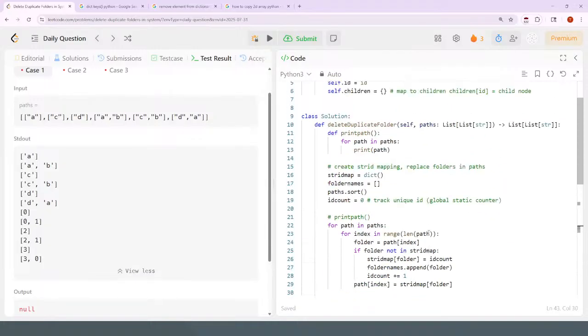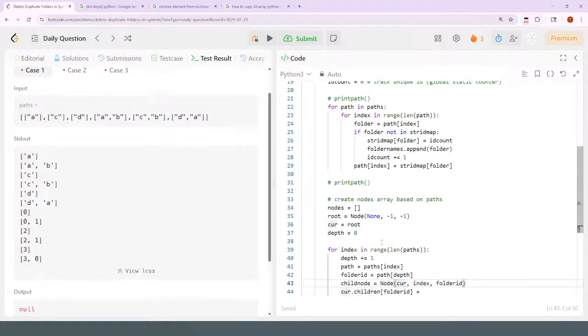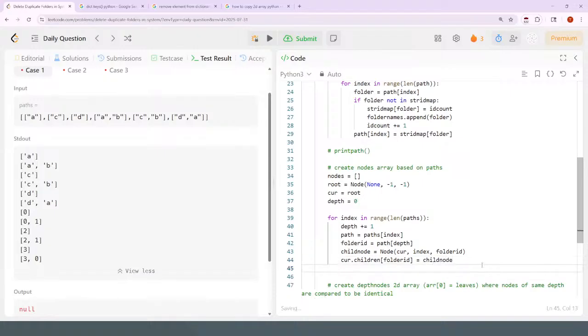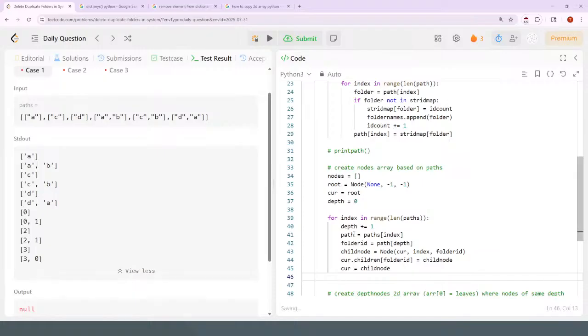So parent, index, ID, and for the current node, for its children dictionary, it's going to map the folder ID of it to this child, and then this child node becomes the current. Okay, so this is the basic rundown for how the tree would be created if it was just a bunch of folders with subfolders with subfolders. The issue here is sometimes